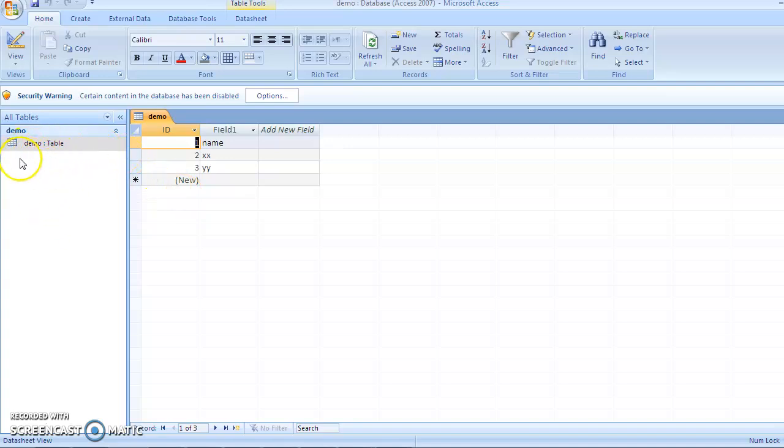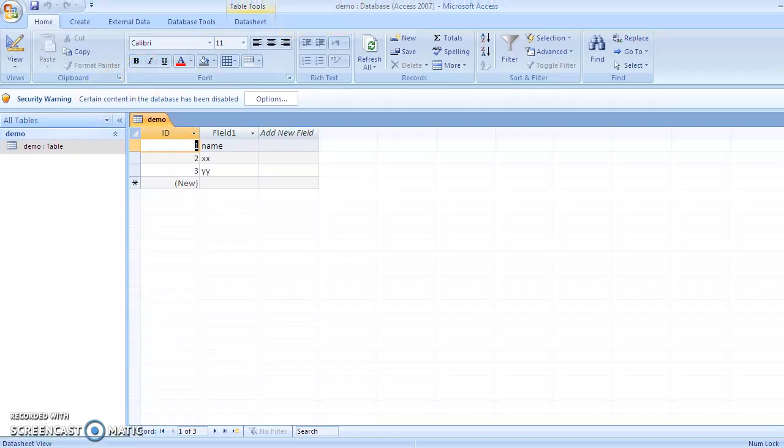This is my table demo, and the name of the database is also demo. I intentionally kept it. So this is demo and the name of the table is also demo. And here there are two fields, ID and name. As I said, the first is integer and the second is string. I kept two records for ID 1, 2, and the names are XX and YY. That you will see once I execute this.